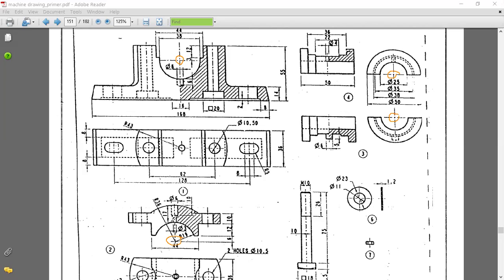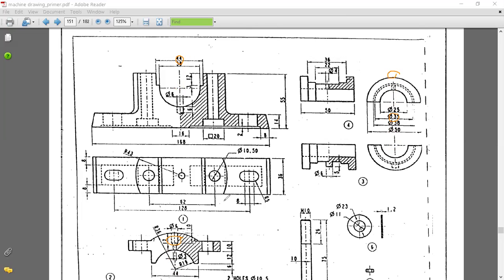Whatever the dimensions are here, the same thing you have to draw by taking this as the center. Then your cap will be drawn in the assembled position. Here, as it is, the right half is given as sectioned, left is given as view. Whatever view is given, just copy that in the assembled portion.